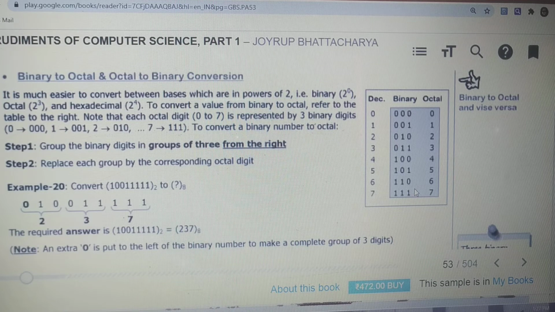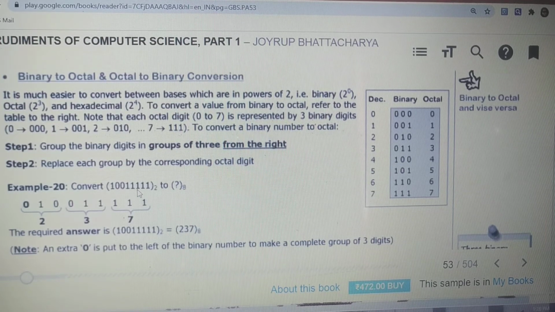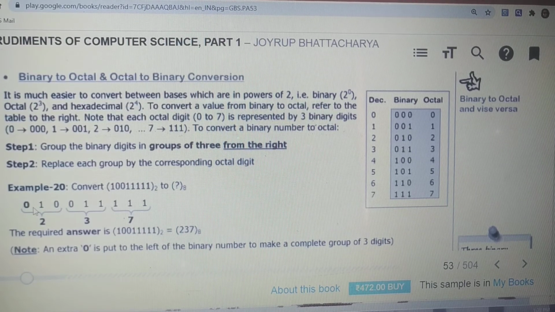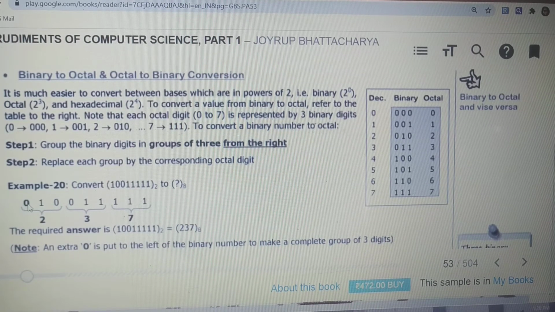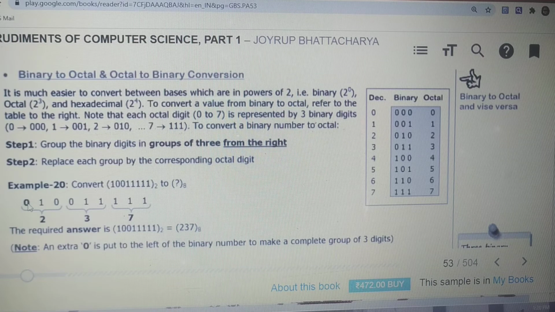Now coming to the topic: if a binary value is given and you have to convert it into octal, what you have to do is, from the right hand side to the left hand side, club 3 bits each. So 111 we club, then 110 we club, then only 10 is left. We know that in octal there is a 3-bit representation, so 1 bit in the last part is missing. If any digit is missing when we are clubbing, then you can put 0.